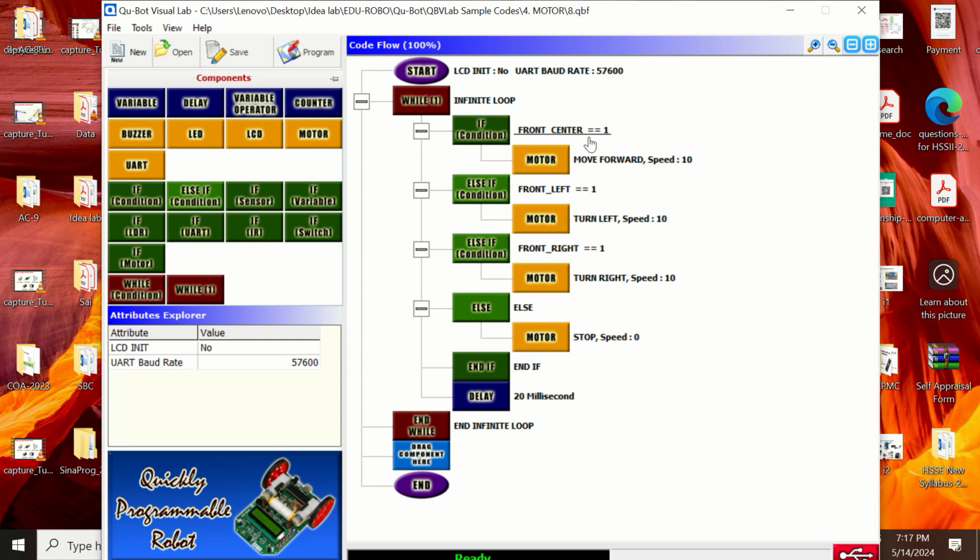If there is any obstacle, it will verify, look for one. Then move forward if there is no obstacle. If there is no obstacle on the left side, turn left. And if there is no obstacle on the right, turn right. Else, stop the motors. So instead of reading the switches in the conditional statement, this time we are looking at the